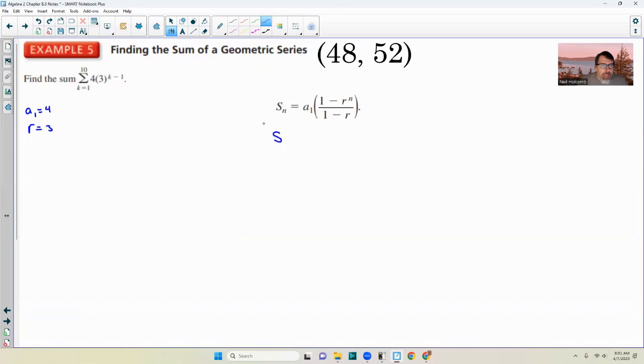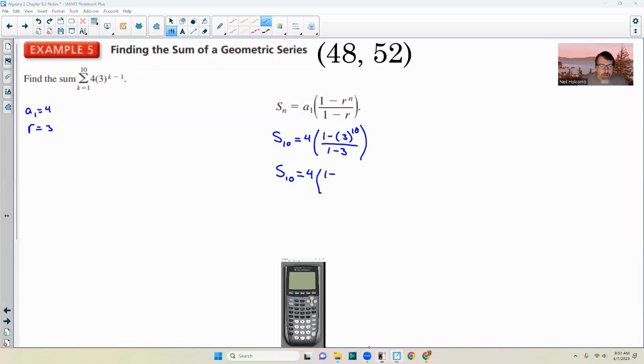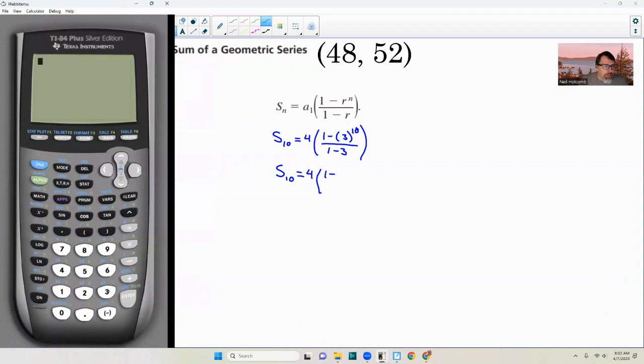So S sub n, well, n is the number of terms from 1 to 10, and that's 10. So n is 10, and a sub 1 is 4 times 1 minus r, which is 3, to the n, which is 10, all over 1 minus r, which is still 3. So there it is. Substitute our givens and simplify. And 3 to the 10th power is going to be a big number. 1 minus 3 to the 10th. On the calculator, 3 to the power of 10 is